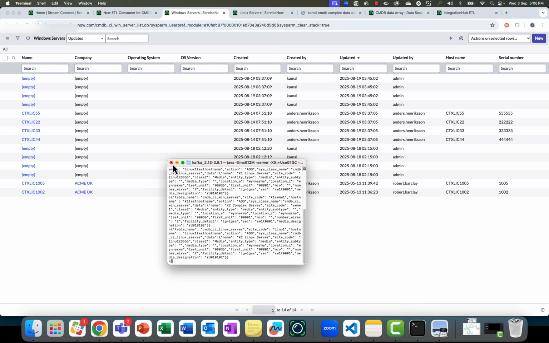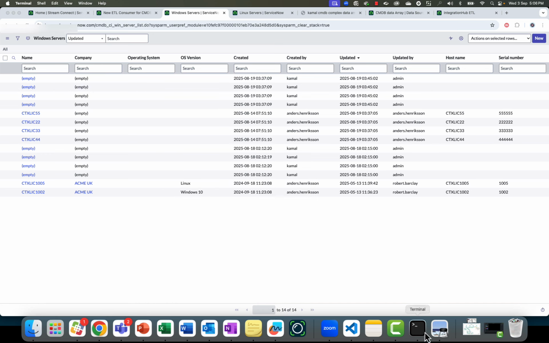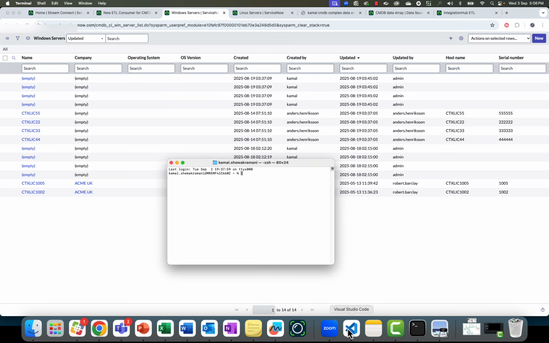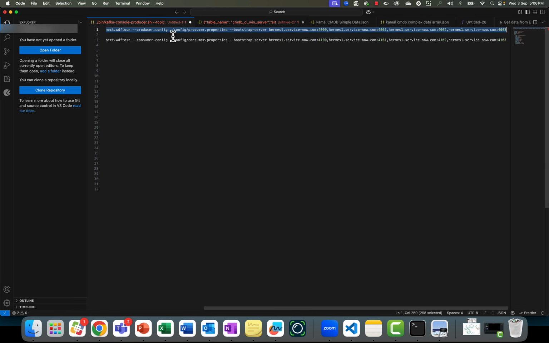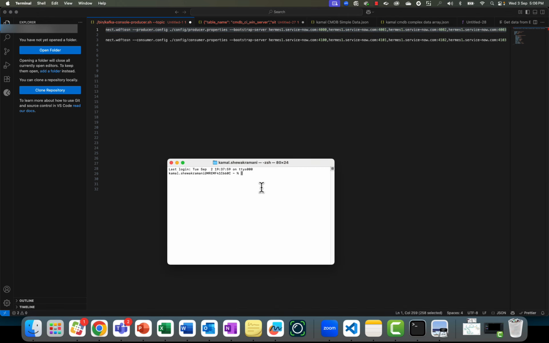Now I'm going to be using my terminal to connect with the producer. And to connect with the producer, I'm having some commands. The commands are simple, not much actually. So